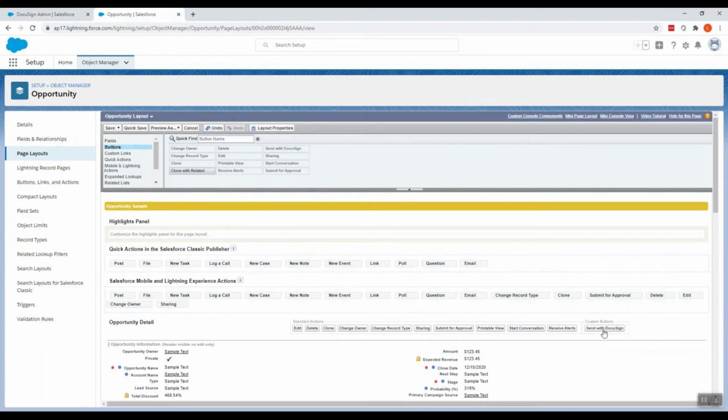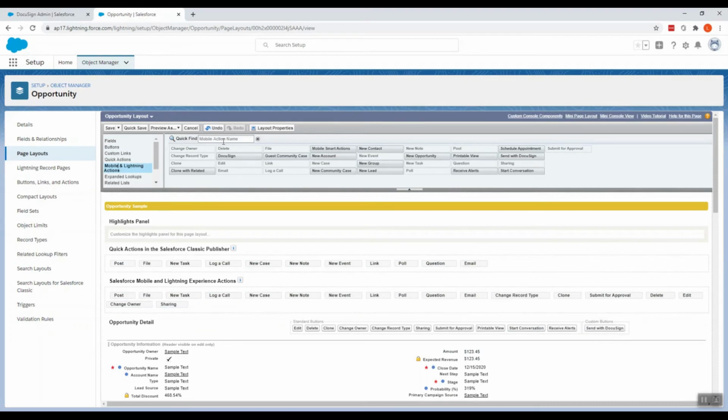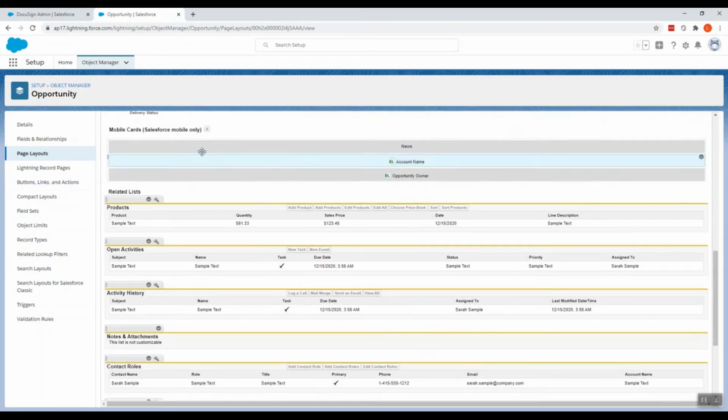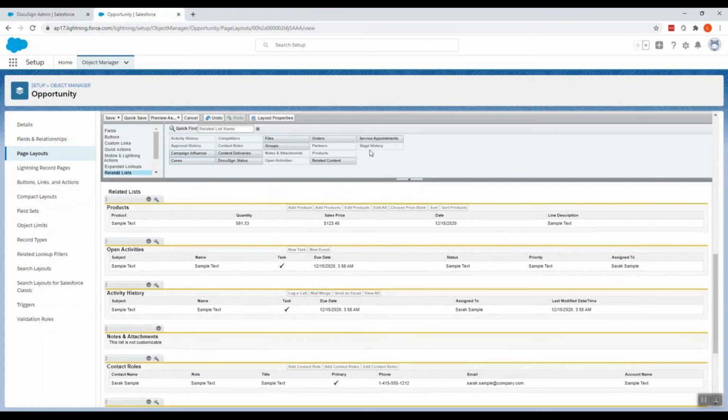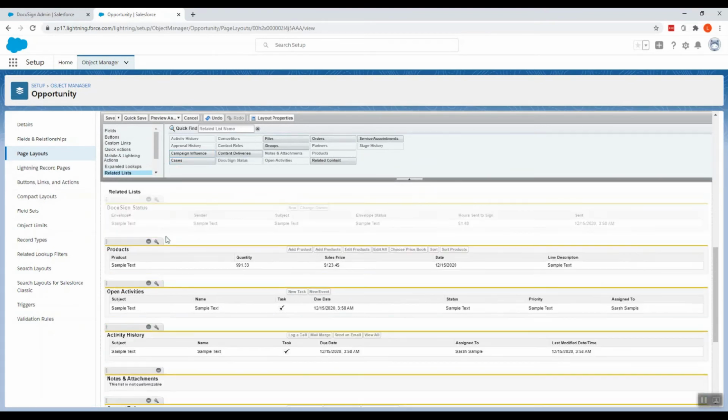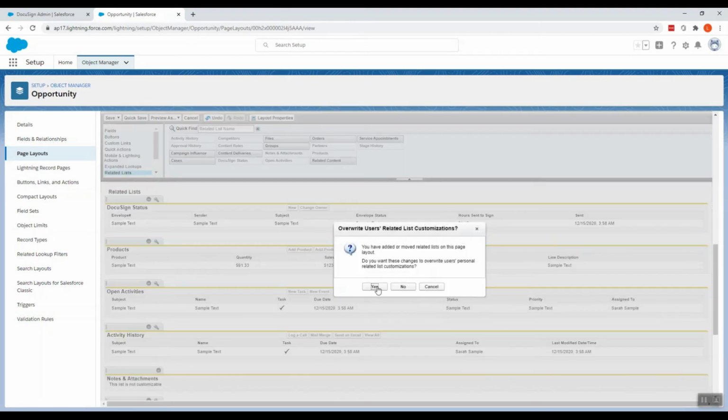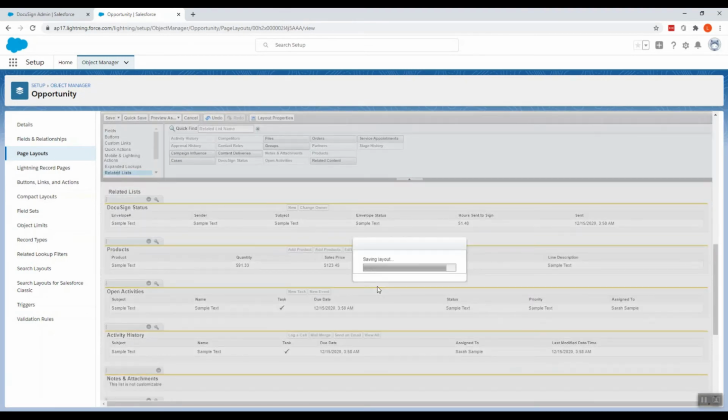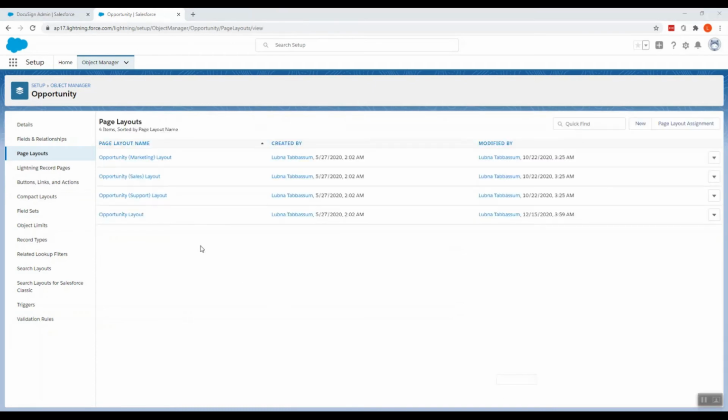You can remove it by just clicking and pushing it over here. And then in actions, again DocuSign. Then in related, I want to see the status of DocuSign, so DocuSign status, and then you click save. So DocuSign buttons have been added to the opportunity layout.